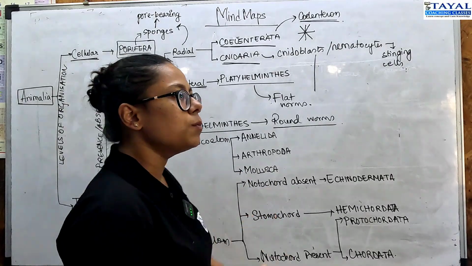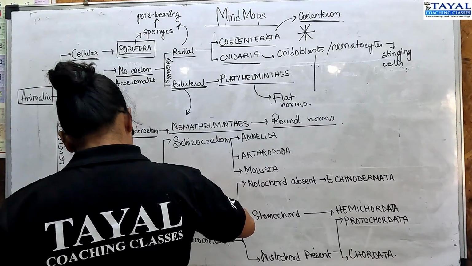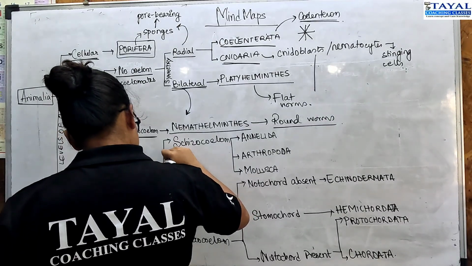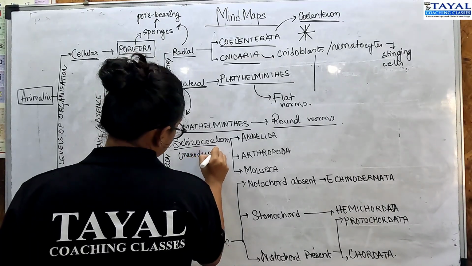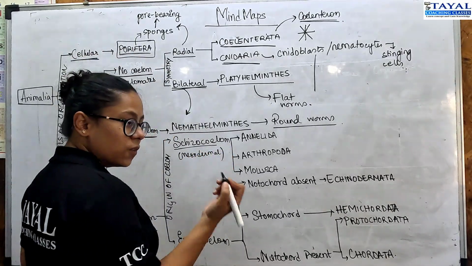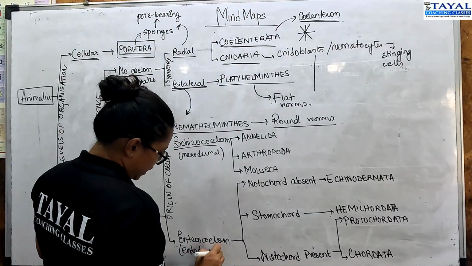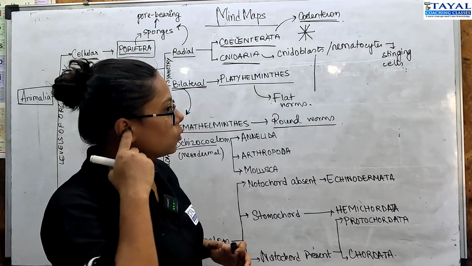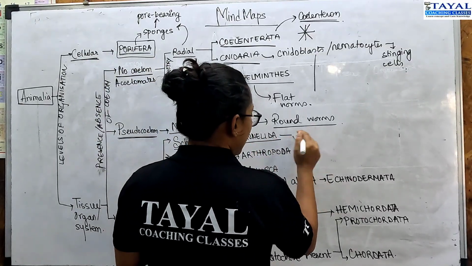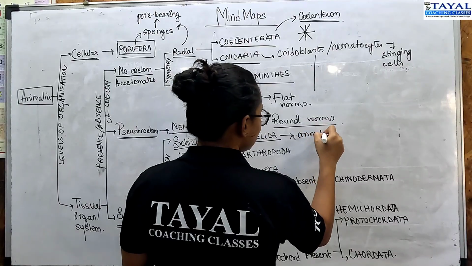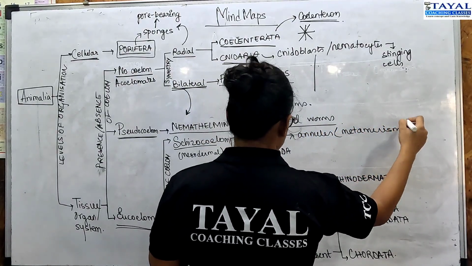They were divided on the basis of the origin of the coelom. As we have discussed earlier, if coelom is of mesodermal origin, then it's called schizocoelom, and if it is of endodermal origin, then it's called enterocoelom. Schizocoelom was found in Annelida, called Annelida because of the presence of annules or metamerism, a ring-like structure, right? Metamerism, pseudo-metamerism obviously.